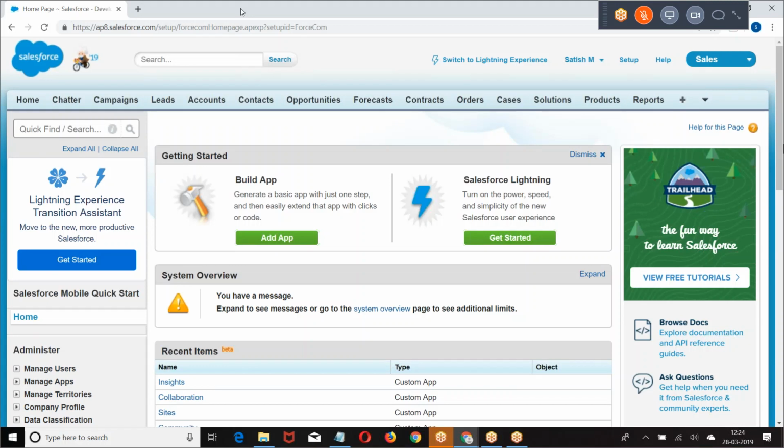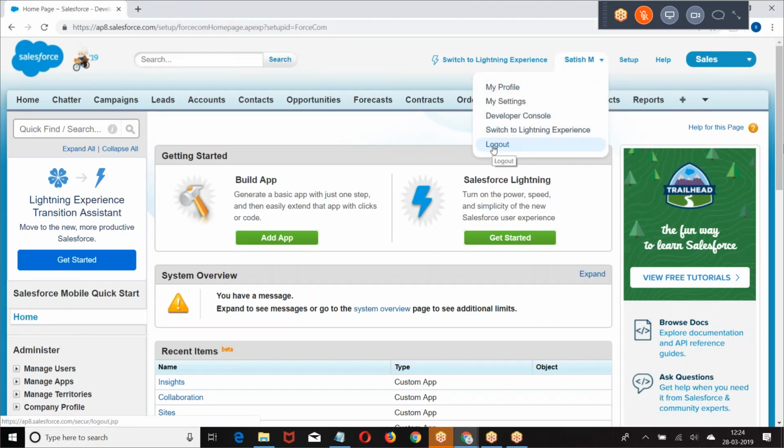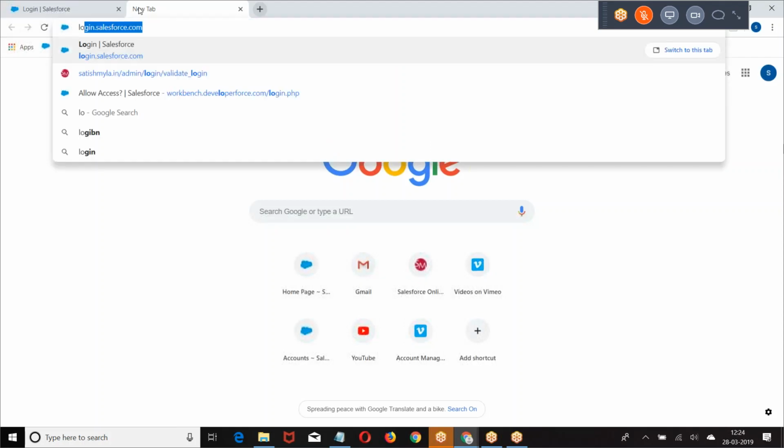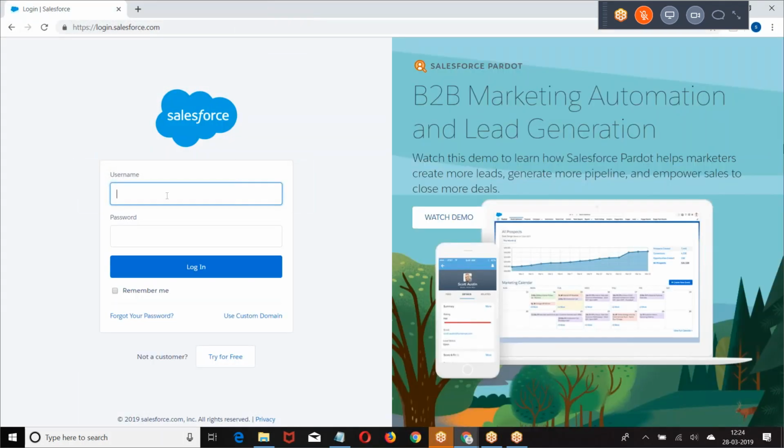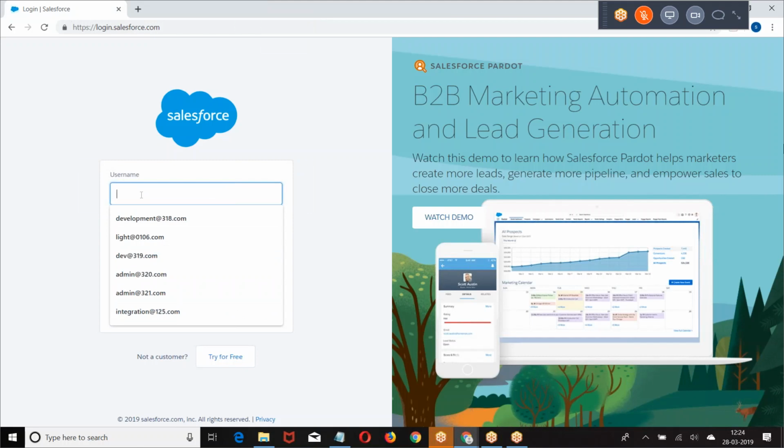Yeah, Ashish, go ahead. Yeah, Satish. So Satish, I am planning to give the PD1 exam. So is there any latest dump? Yeah, you can talk to the admin people, boss. They'll be sharing the latest dump they have. Okay, actually I got it from them, but it was for the previous release, so I'm not sure if that dump will be helpful or not.